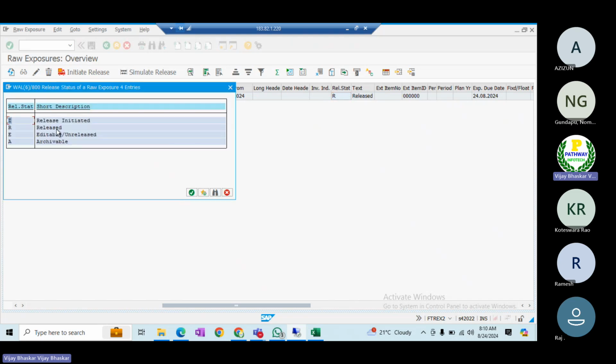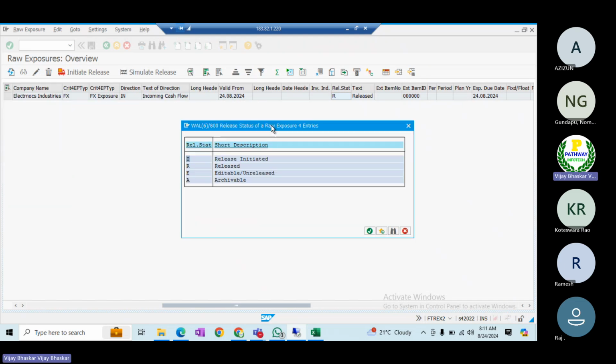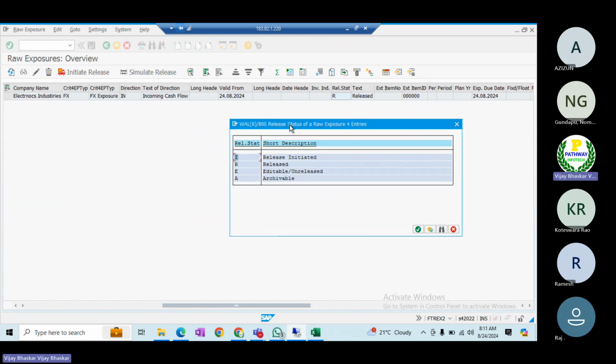In case it is not yet released, initiated, somebody initiates. Again, these are the controls which we need to work out with the basis security team in order to keep the controls. First I wanted to create the exposure, then release initiation. First thing would be I may initiate the release to my manager. Then once he reviews, the release person may have authorization to edit, and unrelease also. Then archivable, this is different again. Released: the second level approver should have